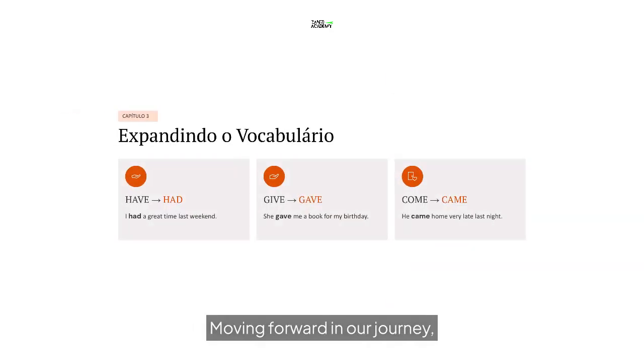Moving forward in our journey, we're now entering Chapter 3, where we will focus on expanding your vocabulary with more key irregular verbs. This is an exciting step because having a broader range of verbs helps you express yourself more clearly and vividly in past conversations. Let's start with